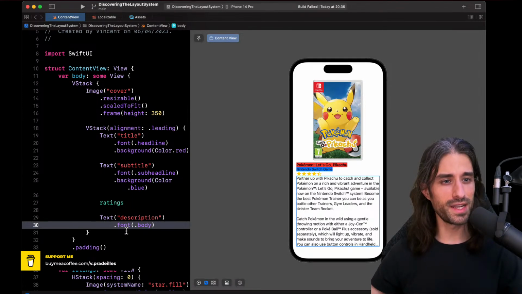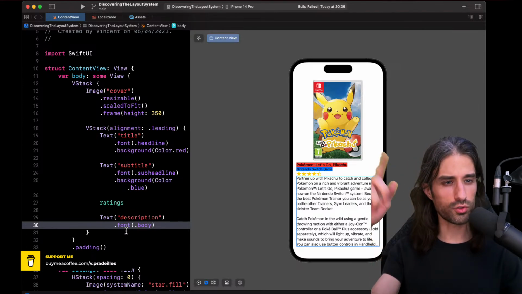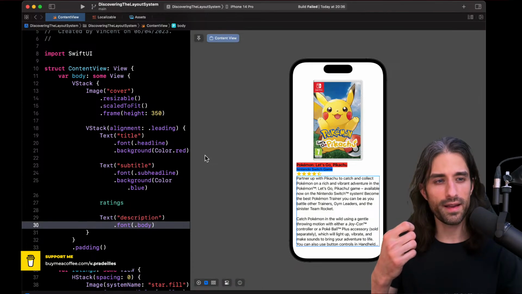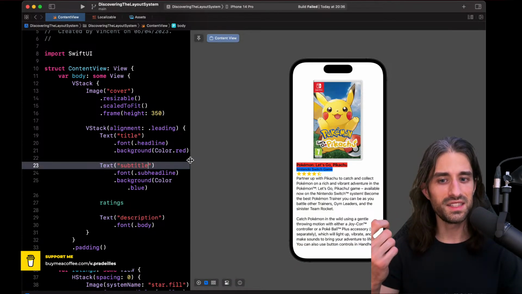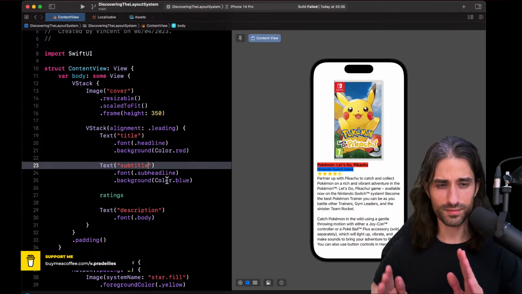What we want is to display the text in its entirety and have a way to scroll, to have a scroll view so that the user can scroll just like you would scroll on a product page in the Amazon app. And this is one of the moments where SwiftUI really shines, because we'll see that it is much easier to introduce a scroll view in SwiftUI than it is in UIKit.